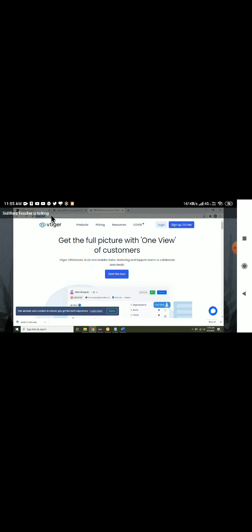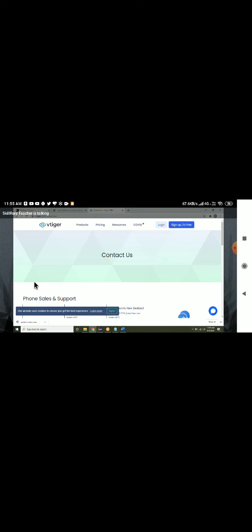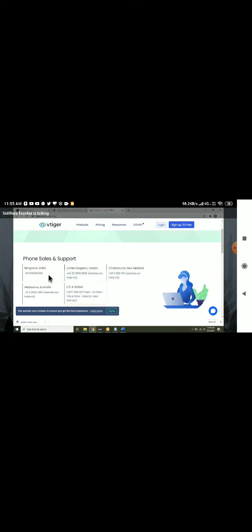Analyze this question. What's the question? Automatically open the browser. Go to vtiger. Move your mouse pointer to the resource tab. Click on contact. Get the Bangalore phone number, then close. Let us do it manually. Open the Chrome browser. Done. Enter vtiger.com. Second step done. Move your mouse pointer to resources. That is also done. Click on contact. Done. Last step, get the phone number. Which phone number? This Bangalore phone number. Get it, and then print it on the console. That is what they have asked.